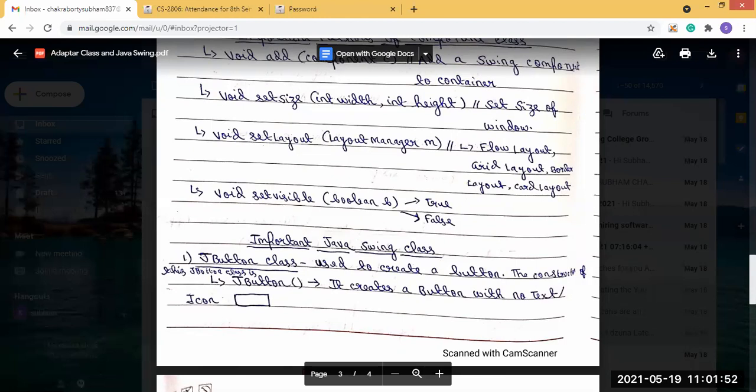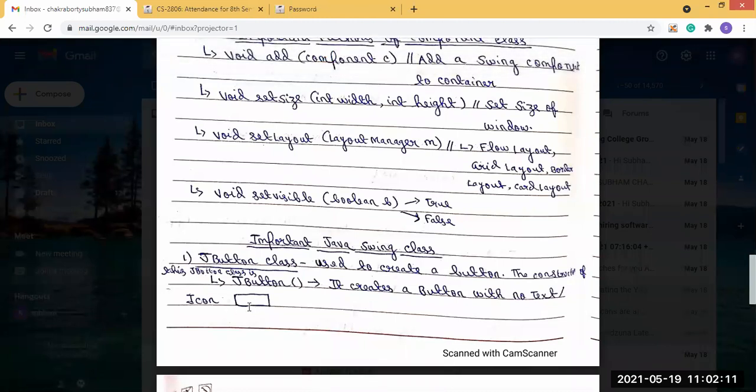Now the constructor of the JButton class is JButton. It will create a button with no text or icon, that means only a button will be created. If we use the JButton class constructor, first we have to create the object of the JButton class.